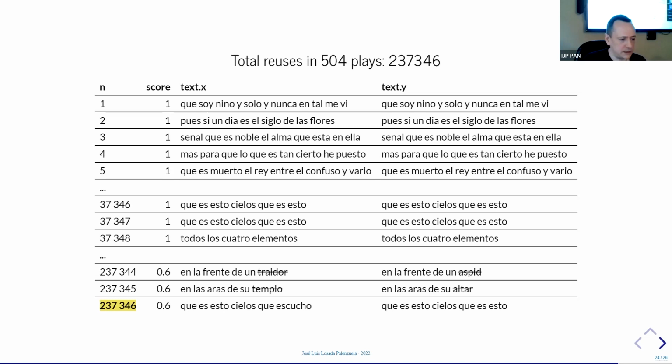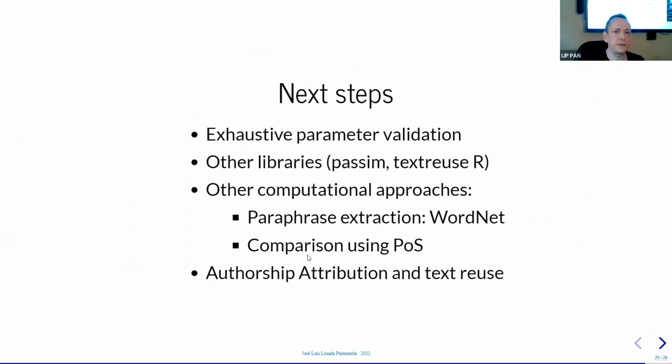So I'm just finishing with the next steps I think I need to take in order to improve this. Of course, exhaustive parameter validation, because what you saw is just a kind of cherry picking of what I thought could be presentable. Use maybe other libraries like PASM. PASM is now strongly used in different projects, as I see, so I think I have to have a look into it. Text reuse too is a packaging art, which I tried already, but it can't perform as well as, for example, Tracer, because